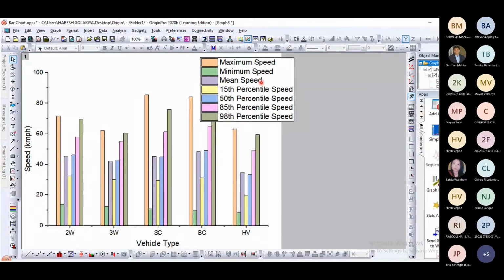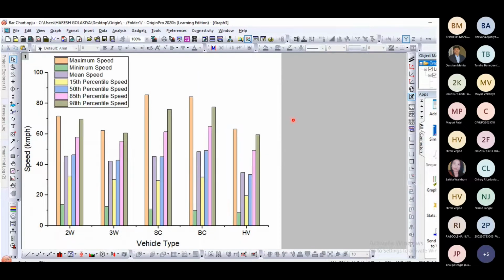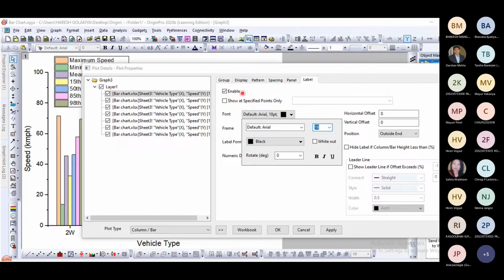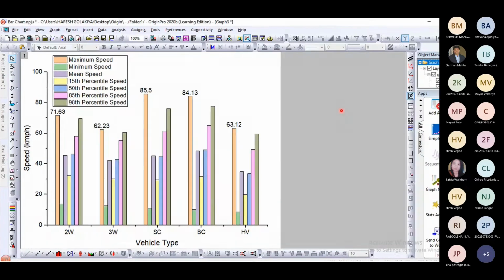Now we can access this legend. So to access that, just click over it, make it smaller, then set it according to your requirement by dragging it to that position. So now if you want to change the property of any graph, you can double click on any chart. So many options related to that are available. Here, if you want to add the label, we have to just enable it and we can type its label. So vehicle type, that title is added here. Earlier it was not there.